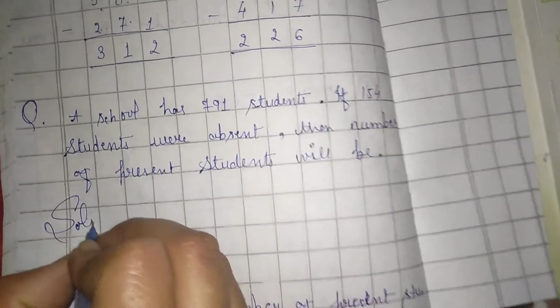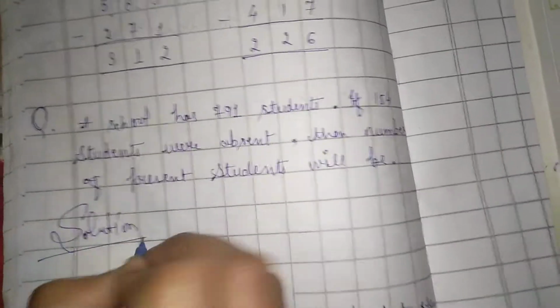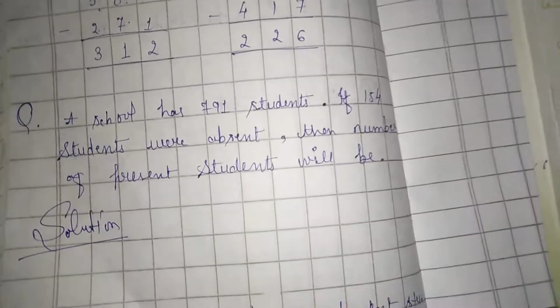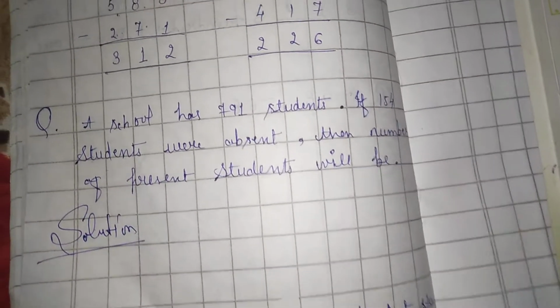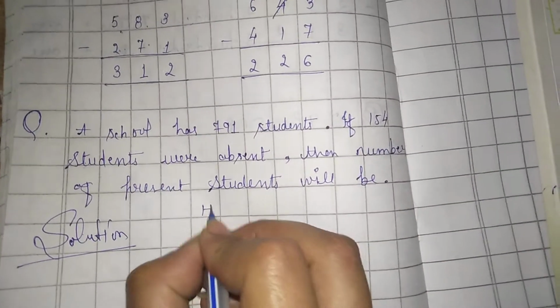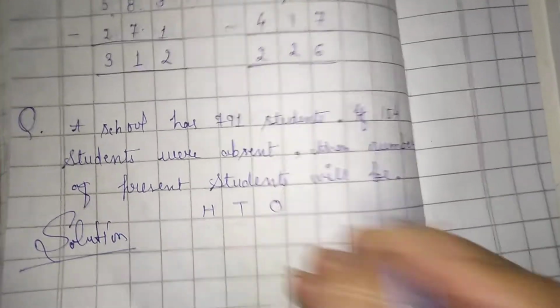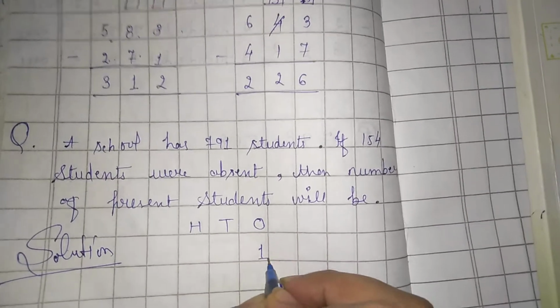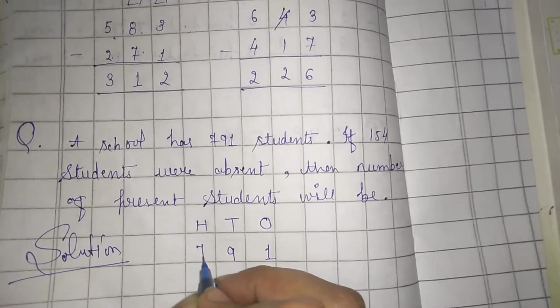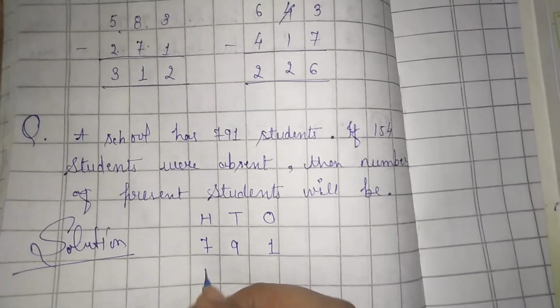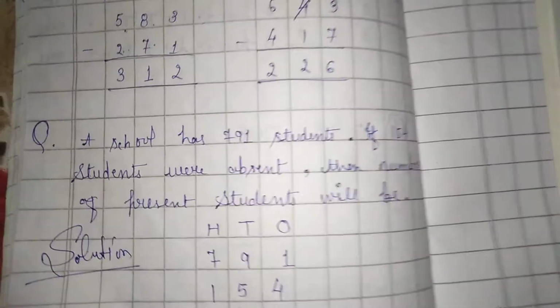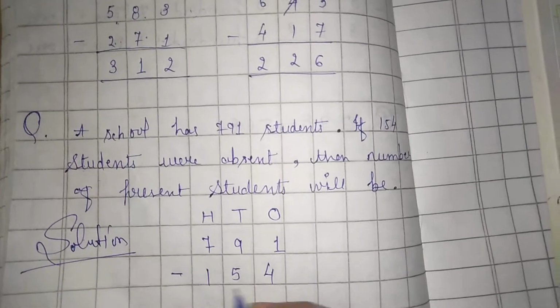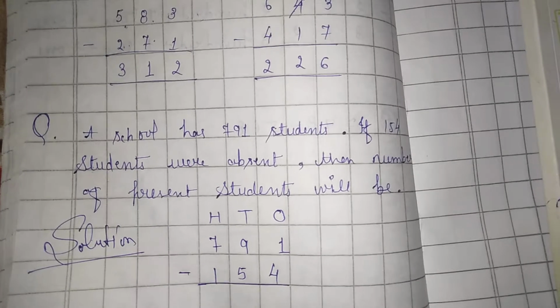sum, and we will subtract in hundreds, tens and ones terms. Then after we will subtract the sum. First we will write here 1, then after we will make a minus sign. Now we will subtract the sum.